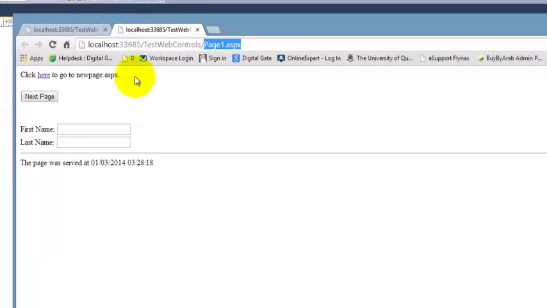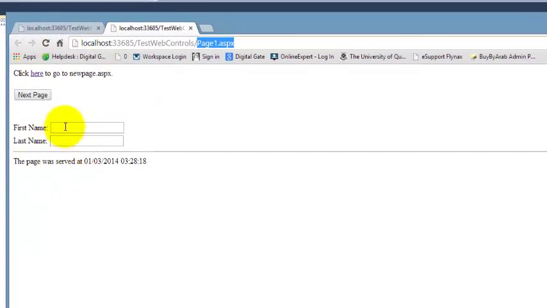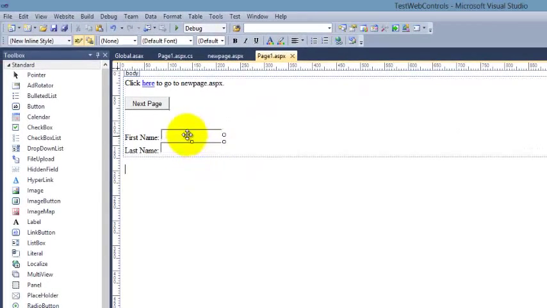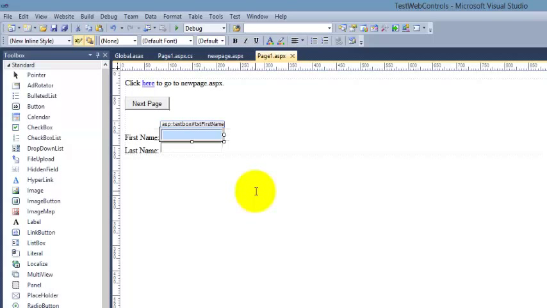Now when we look at the page, there is no focus in these text boxes added into the page. So for example, I want to set the focus on the first name text box, so the user will understand he has to write something here, or the first name here, then move to the next text box. So now how to set the first name text box, that we call txtFirstName, as